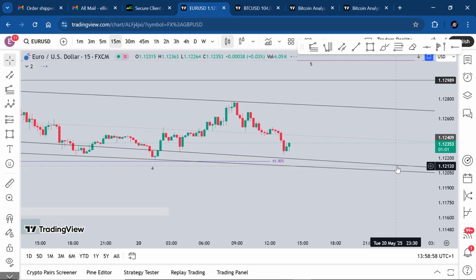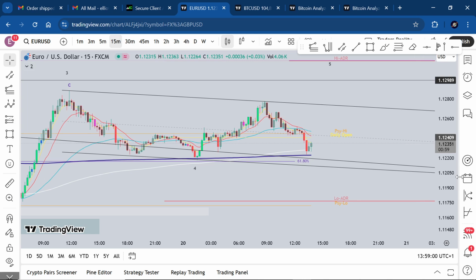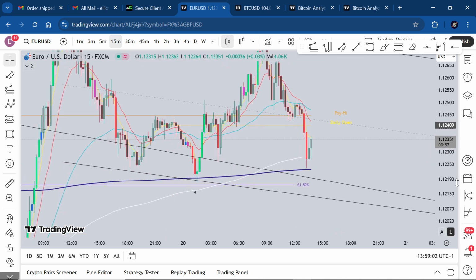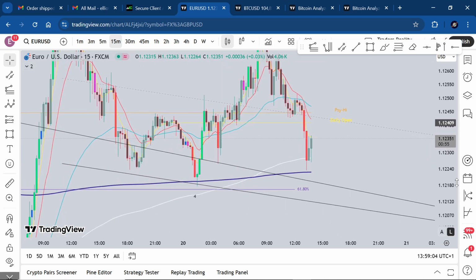But looking at how close we are to time, maybe just, hold on. I'm gonna just, that's a buy on the pound, not on the euro that I've just taken. Okay,